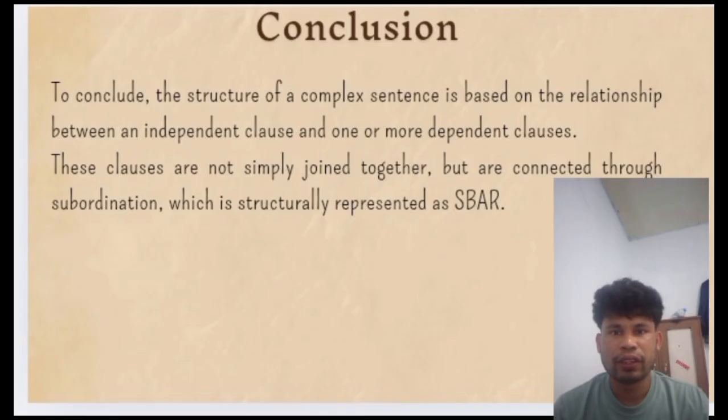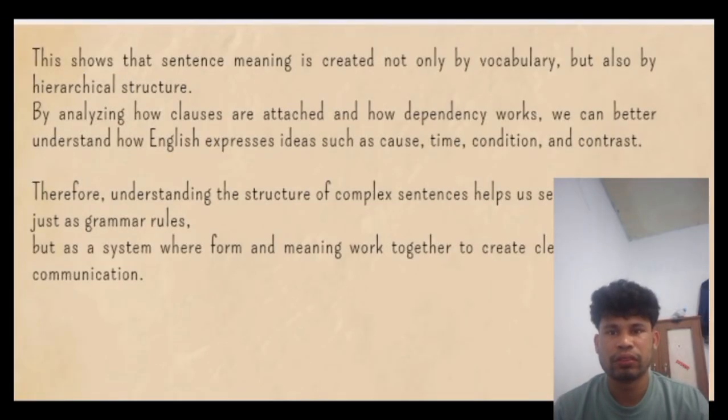relation between an independent clause and one or more dependent clauses. The clauses are not simply joined together, but are connected through wording with each structure within as well. The whole sentence meaning is created not only by the vocabulary but also by